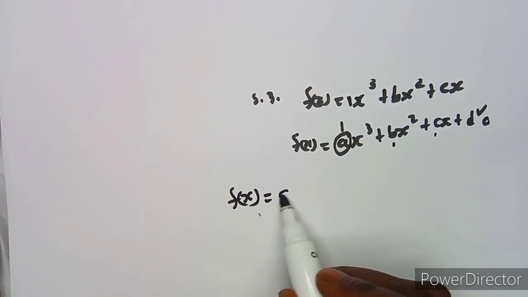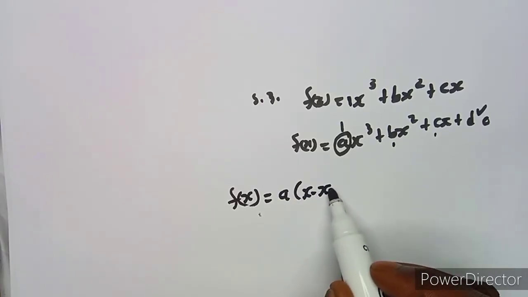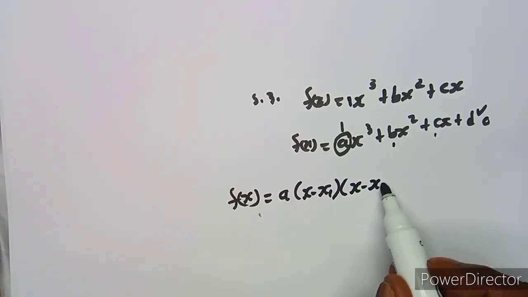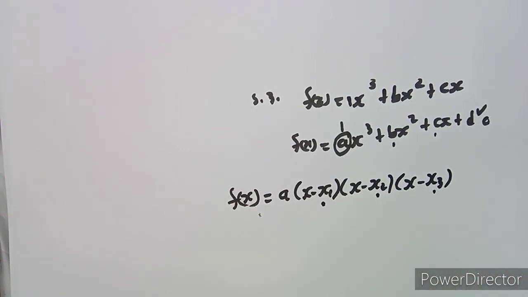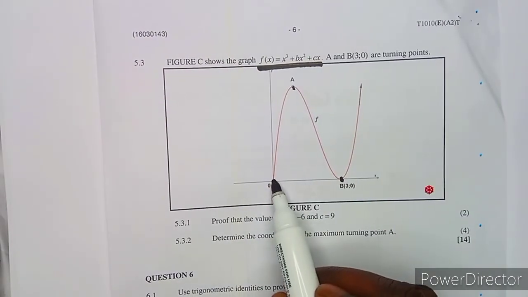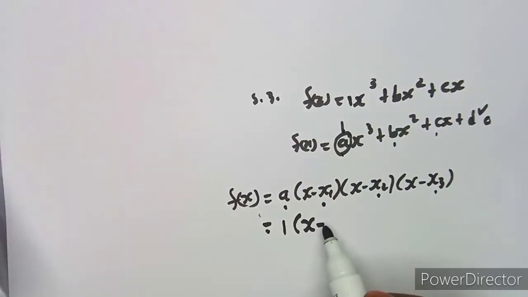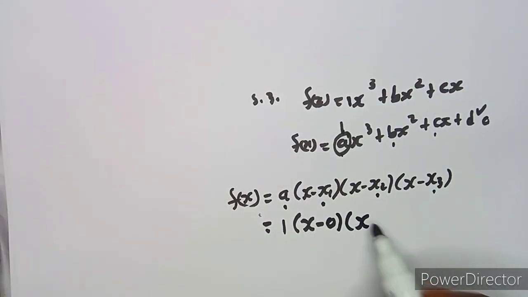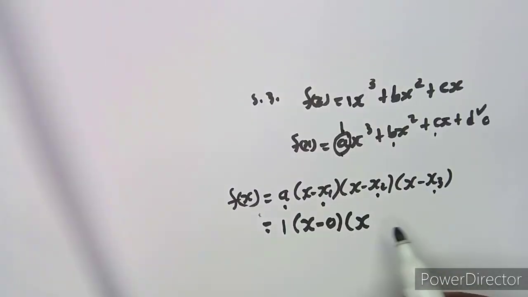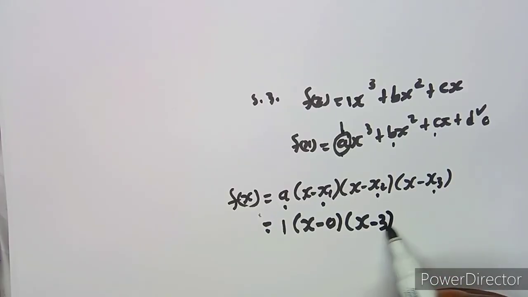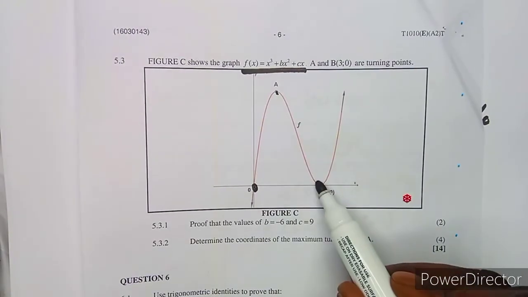It was supposed to be f of x is equal to a into x minus x1, x minus x2, x minus x3, which are these x-intercepts. All right, so in this case it's going to be a, and our a, we said it's 1, so it's going to be 1 into x minus, here the value of x is 0, so it's going to be x minus 0 into x minus the solution here, the value of x at b is 3, so x is 3. So this one is supposed to be minus 3, but it's a turning point, which means there